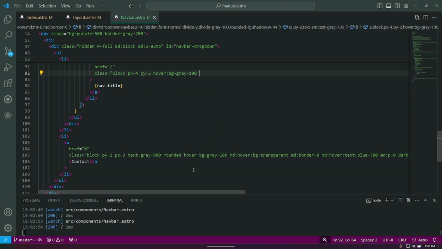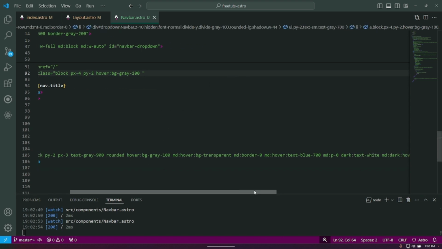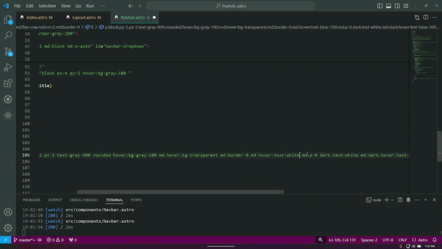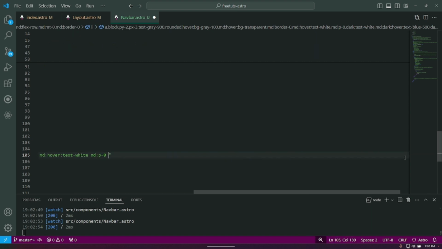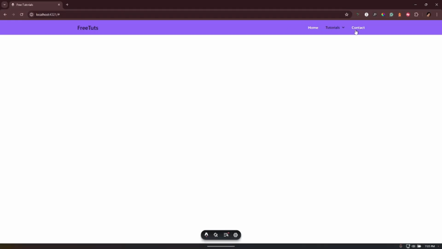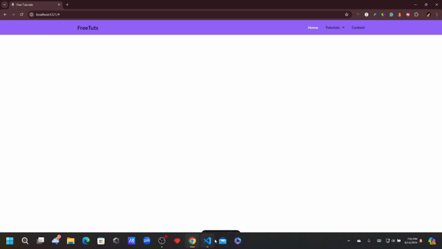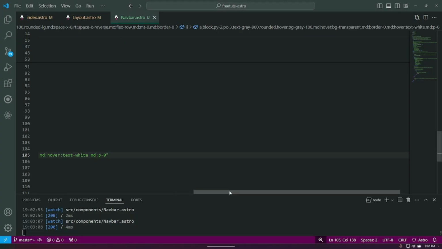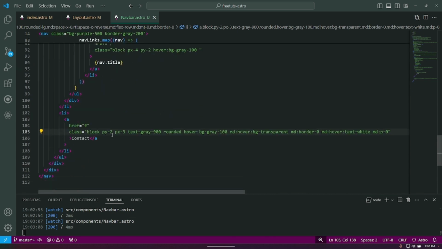I'm basically going through and just basically changing it to what we would like. Get rid of some bloated. There we go. So we've got purple and white here. Perfect. So now that we have our nav bar,